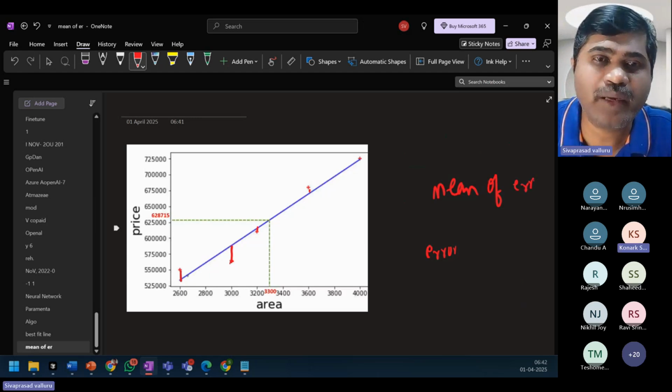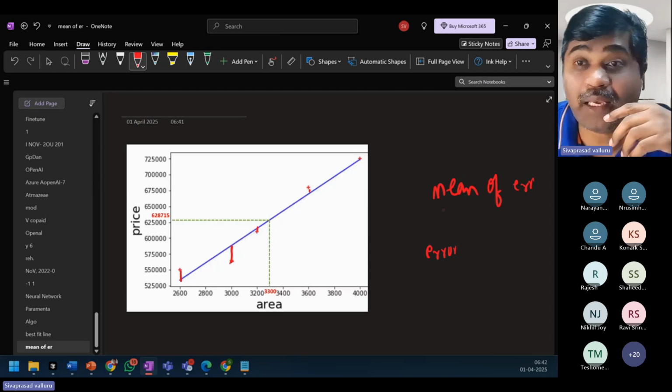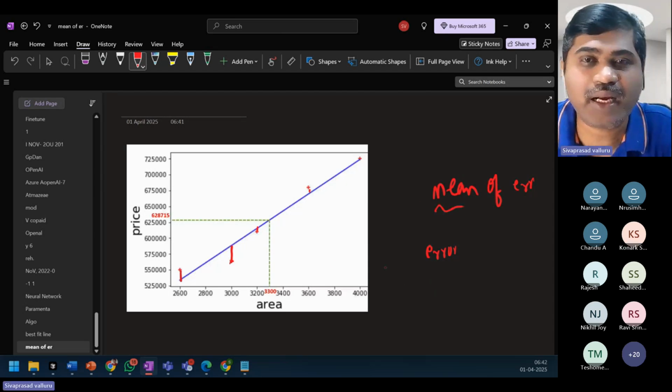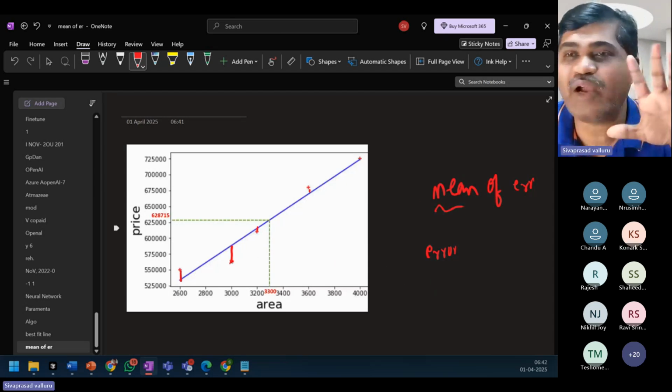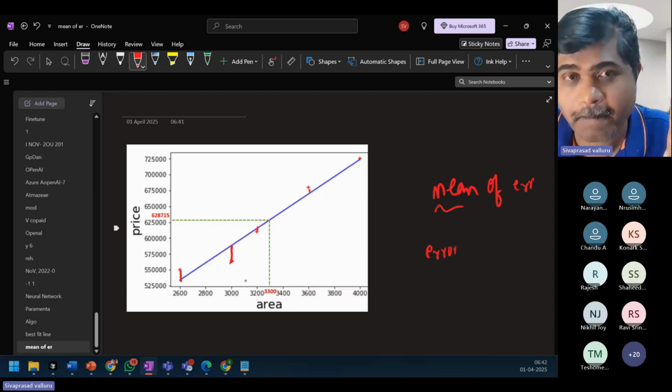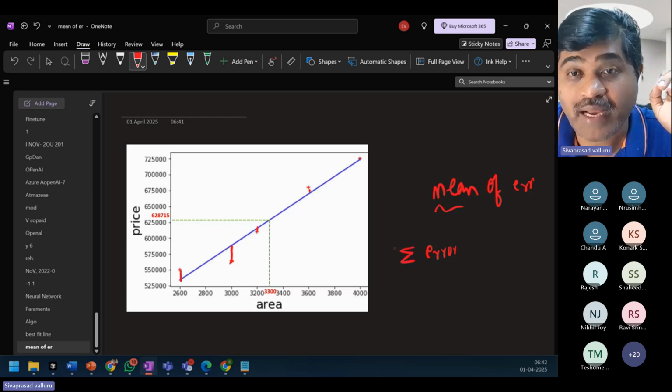Right now there are five data points. I have to calculate the sum of errors and then divide by n. That means it is the mean of error.